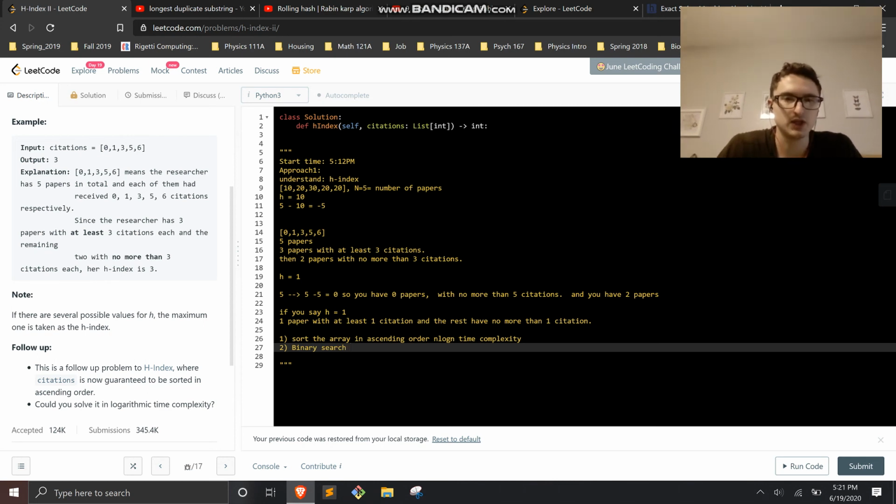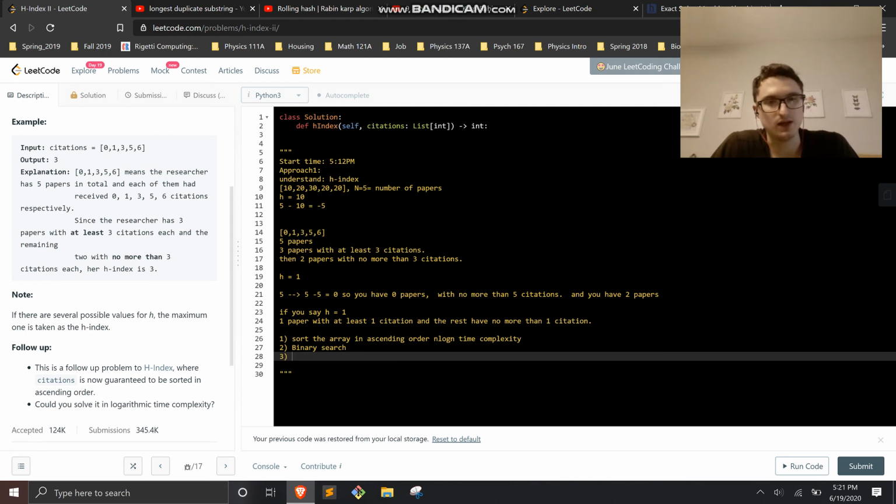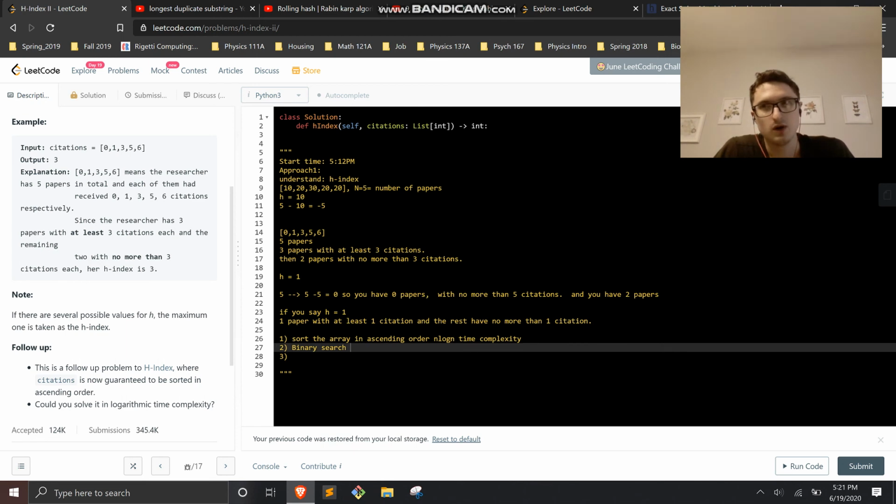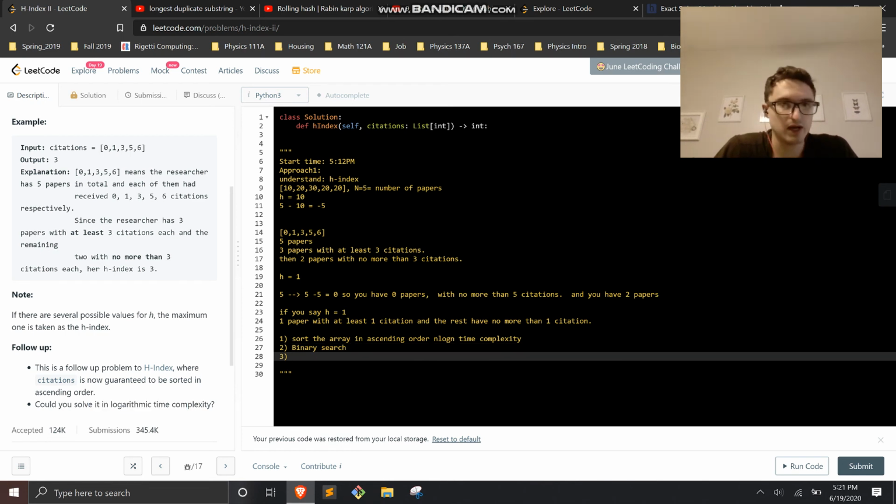I think mostly the challenge would be figuring out how the binary search is going to work, which is what we'll do here, because this is my basic strategy. I think a binary search will work, and that would allow us to do the log time complexity, and this is important because this is how you could solve it for the follow-up, right? So this is dealing with the follow-up. Okay, so if we were to use a binary search,